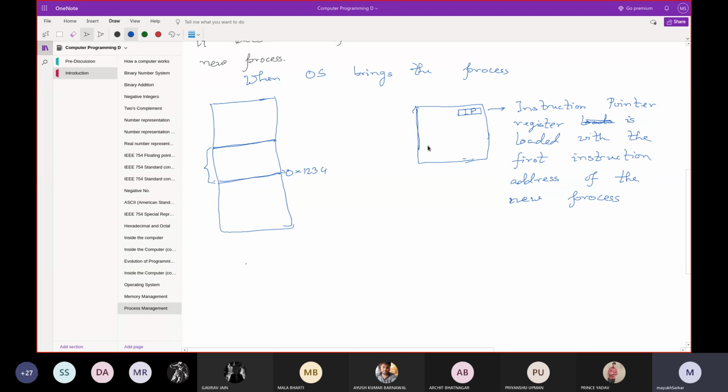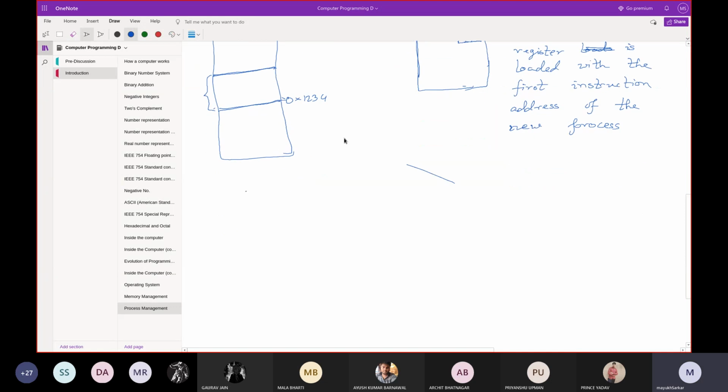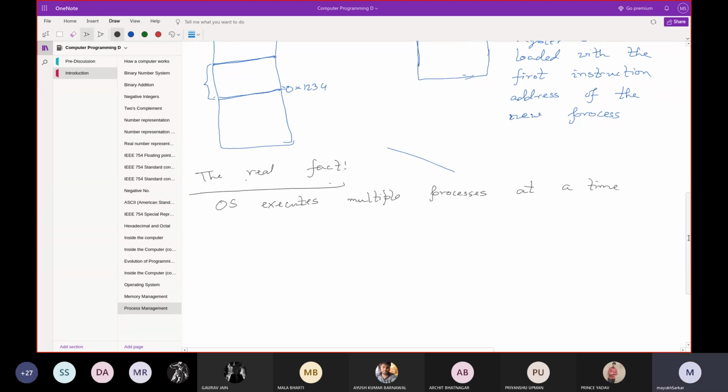The answer is no. The real fact that happens is that the OS executes multiple processes at a time, right? Multiple processes at a time. How does it do that?